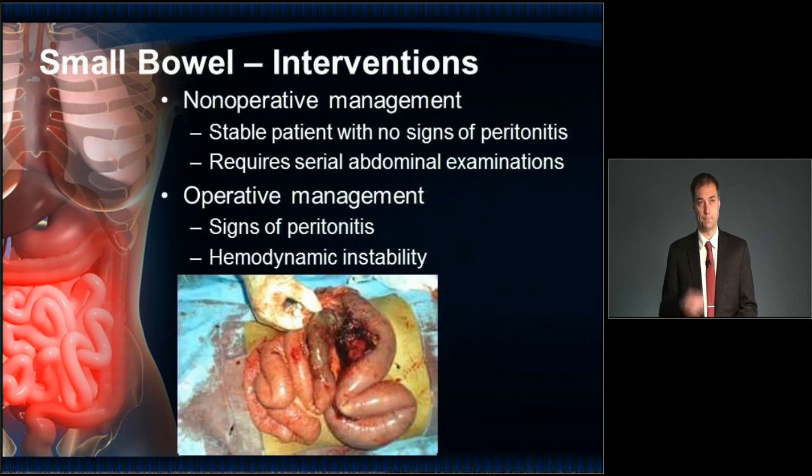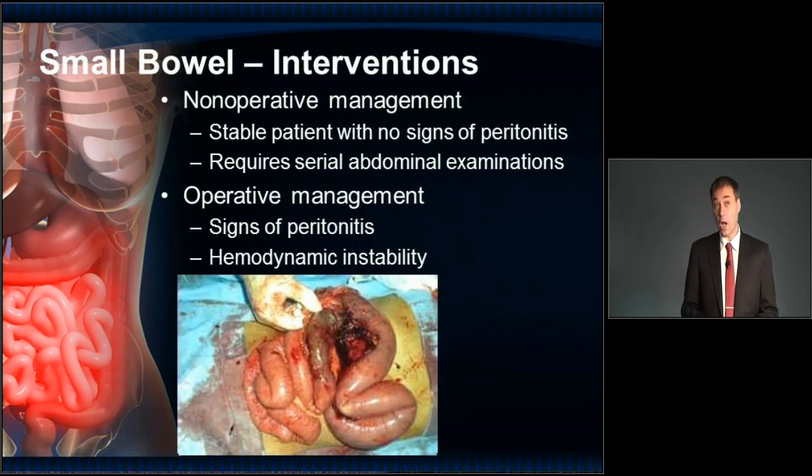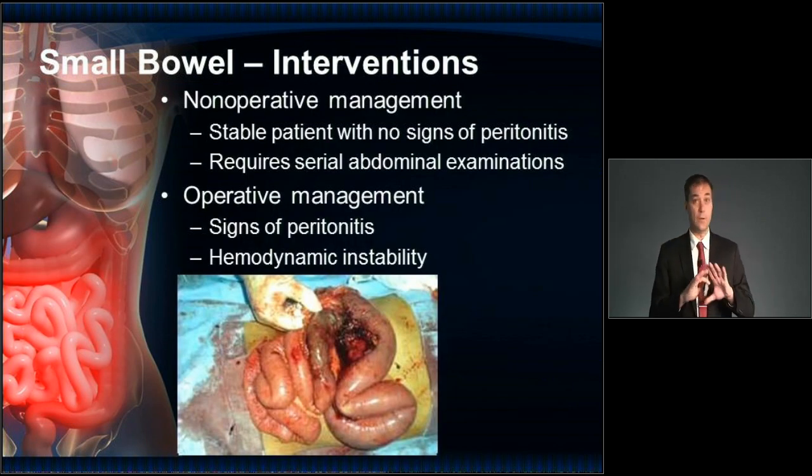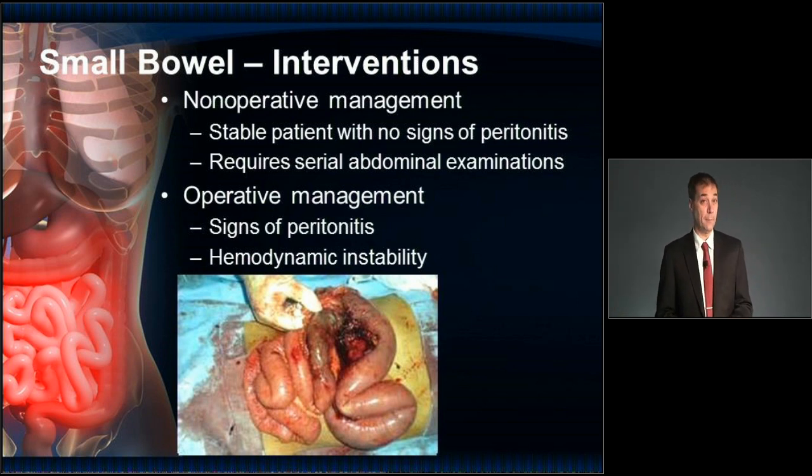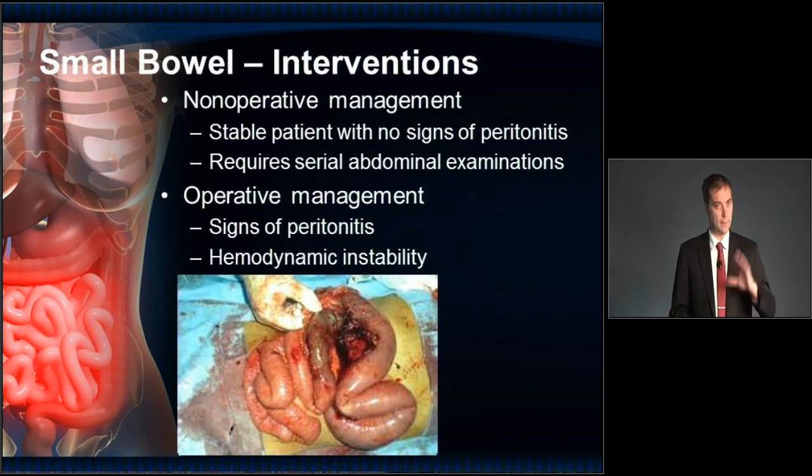Now, non-operatively, patients who have no signs of peritonitis, who remain stable hemodynamically, may be admitted for observation only. And then, of course, we're really looking there for the onset of peritonitis, the onset of bowel obstructions, and the onset of hypovolemia, and treat them as they occur. If the patient has a ruptured bowel, signs of peritonitis, or they are hemodynamically unstable from blood loss, then the